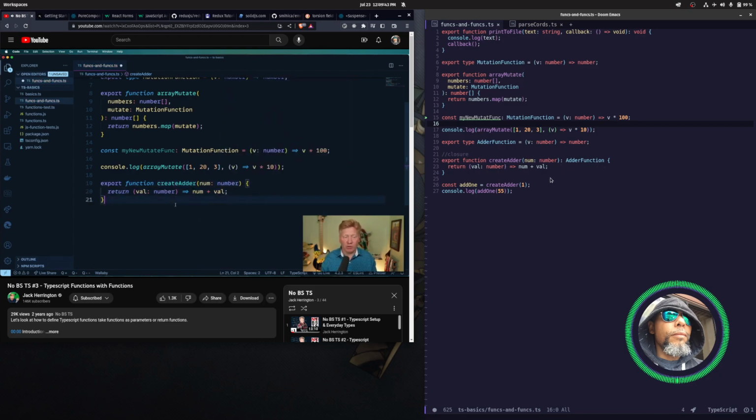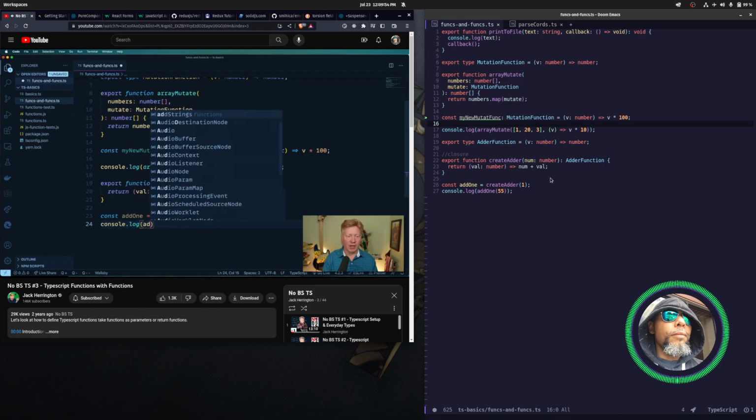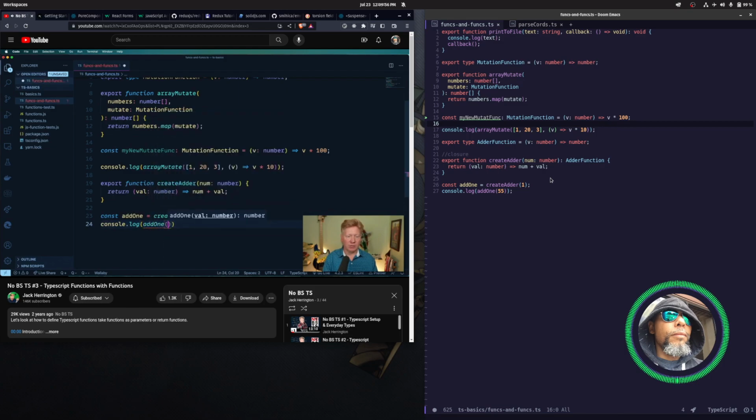And so how do you use a function like this? Well, I'm going to say add 1, for example, is going to be create adder with 1. And then any time that I console log add 1 plus some new number, say 55,